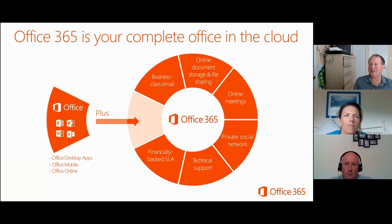So Office 365 is your complete office in the cloud. So here we're talking about your desktop apps. So you've got Word, Excel, PowerPoint, and Outlook. You've got Office Mobile, and you've got Office Online. So there's three different versions of Office apps that you have, depending on the device that you have. That plugs into Office 365, and then the whole rest of the pie is business class email, online document storage and file sharing, online meetings, and these are all done through different applications, private social network, technical support, and then